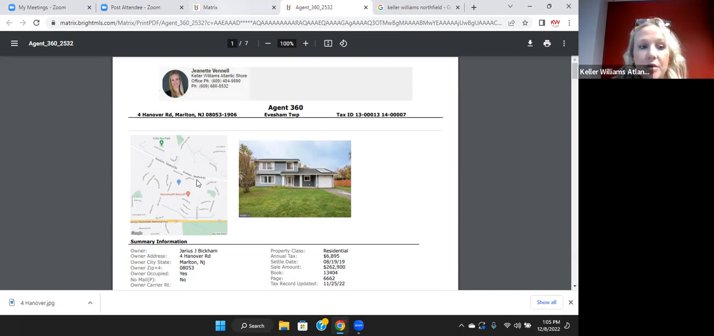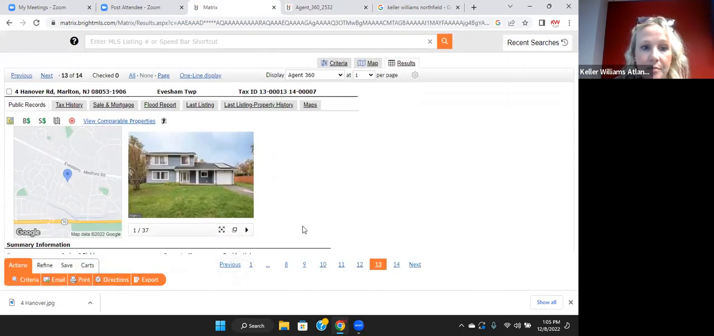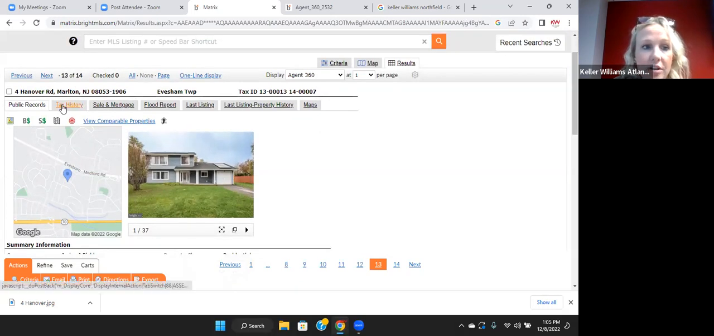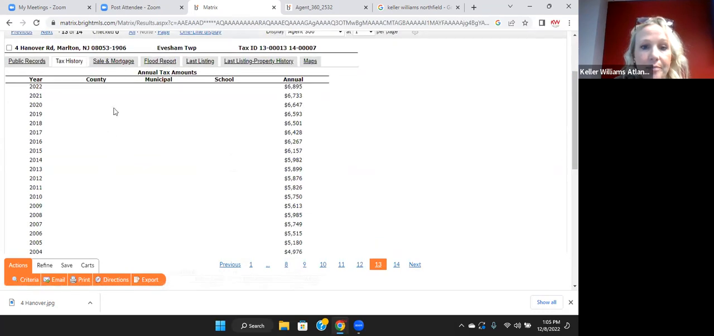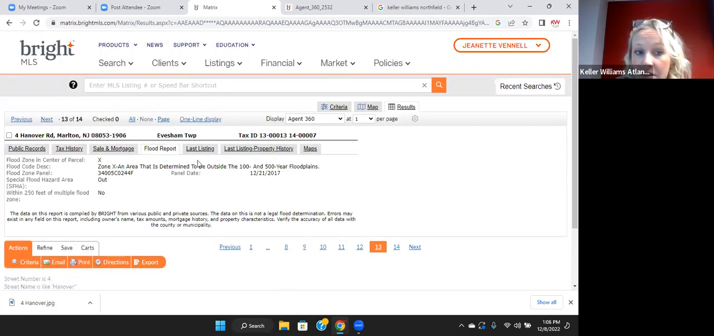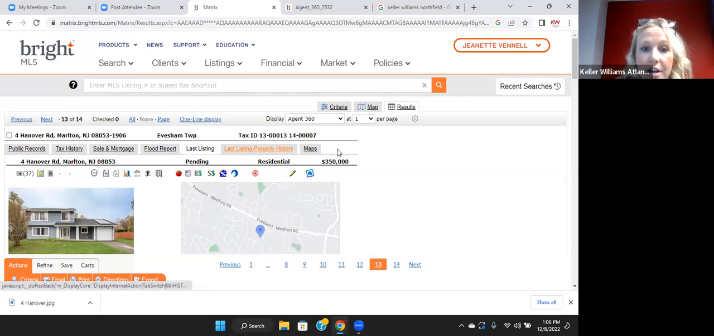Once this is saved, once you have your front photo, we're going to go back to results. See if there's anything else you want to document or take notes on before we leave this screen. The public records has public records, tax history, sale and mortgage. If it's in a flood zone, definitely a good thing to know, especially if it's on a lake. And again, this is for a listing. Last listing information,